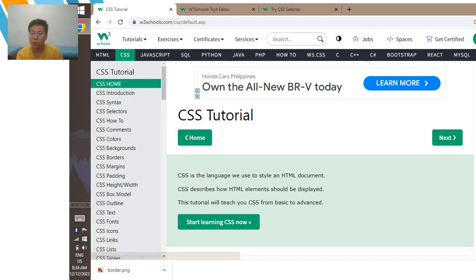If you need some clarification on using transform, selectors, and background properties, you can just access W3Schools for you to see different examples on selectors, using backgrounds, borders, and others, and specifically on the use of the box model as well.